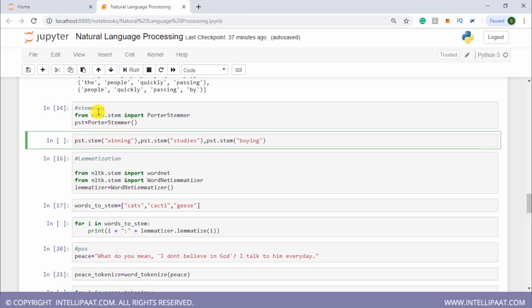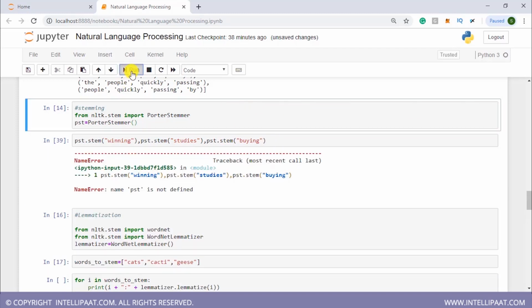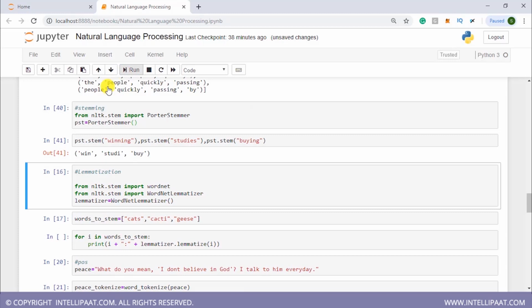So pst is the Porter stemmer instance, and this instance basically has the stem function. So I want to stem the word winning, the word studies, and the word buying. I'll hit enter. So I just have to run this first. Now I'll click on run again. Alright. So you see that winning has been stemmed to win, studies has been stemmed to study, and buying has